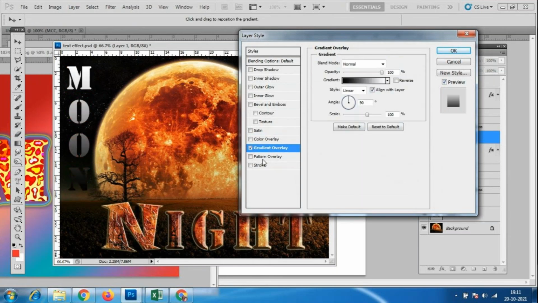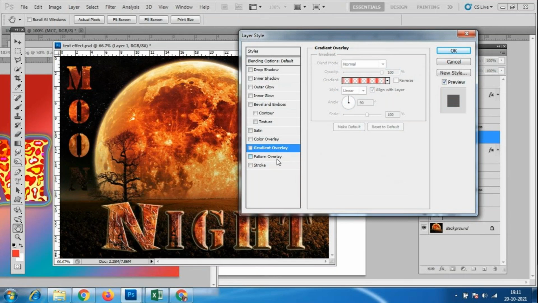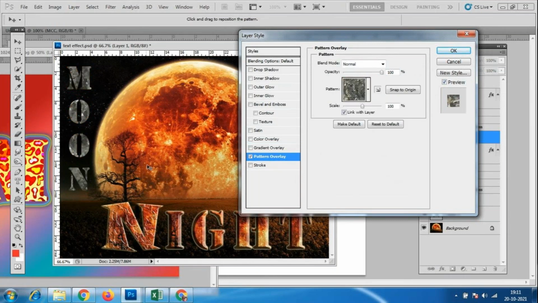And this gradient overlay, the gradient tool has come here. So we have this gradient. All my texture will go, because the gradient will apply over the texture. Look at this, the gradient will apply over the texture, so I don't want this effect either. Next one is the pattern overlay.